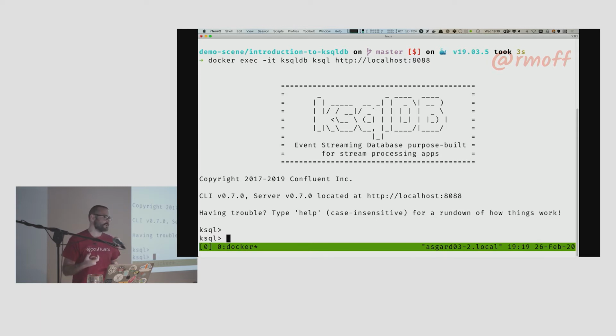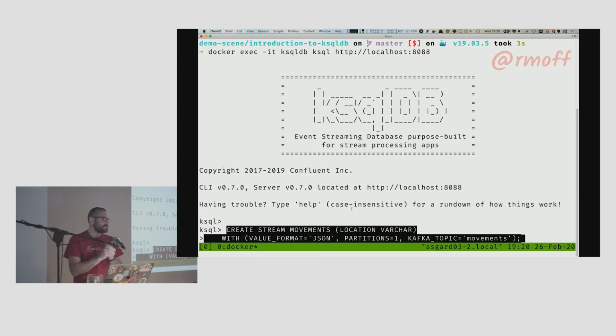Schemas are super important. If you've listened to other talks that I've done, I always rant about schemas and their importance. I'm not going to do that too much here, but schemas are important because schemas let us work with sources of data instead of having to pass around a whole bunch of files before we can actually use that data. So we're going to define the schema on the data, and the stream that we're going to create is going